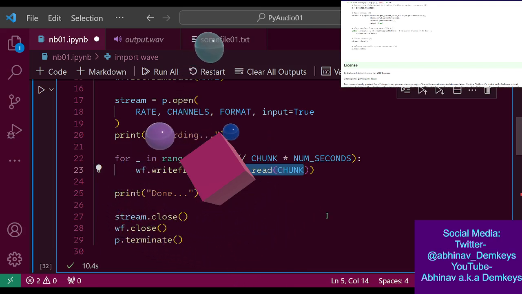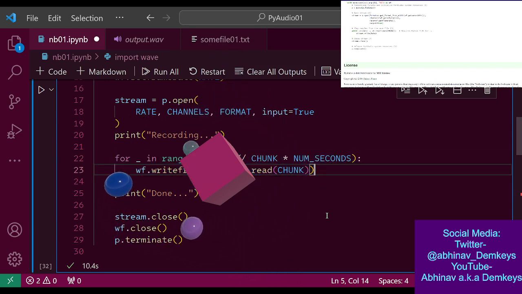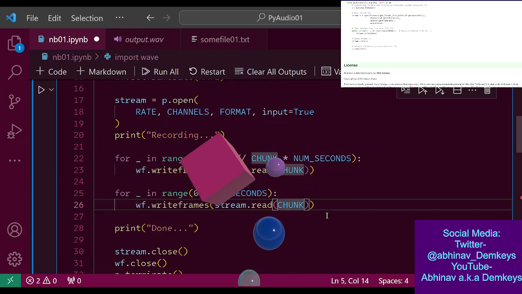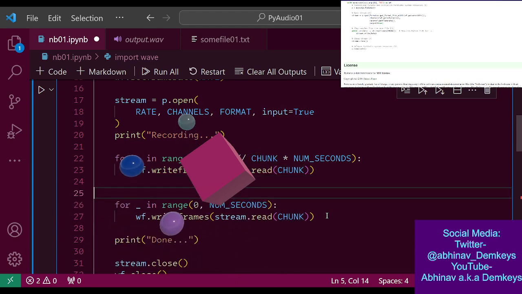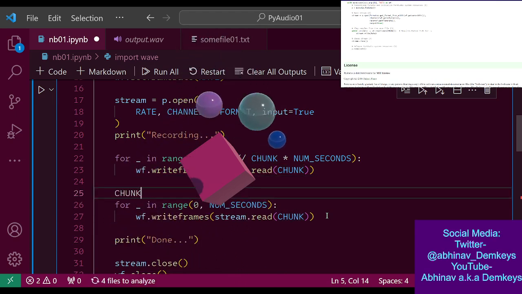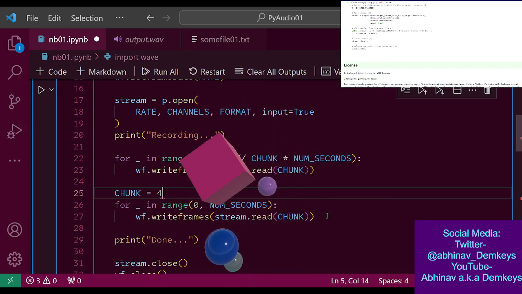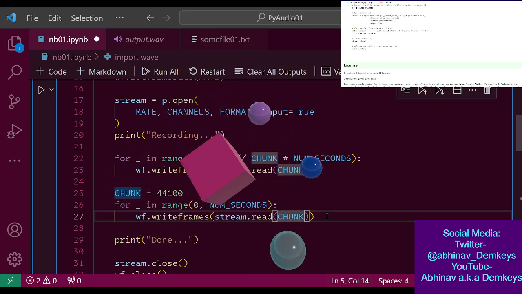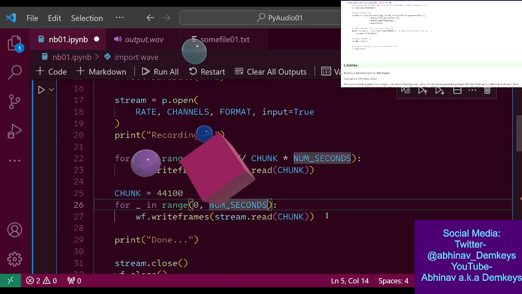Now I'm kind of seeing it. Previously, I was like, why can I not just set chunk to this? It's going to read exactly how many samples the sample rate contains, exactly that many samples for however many seconds.